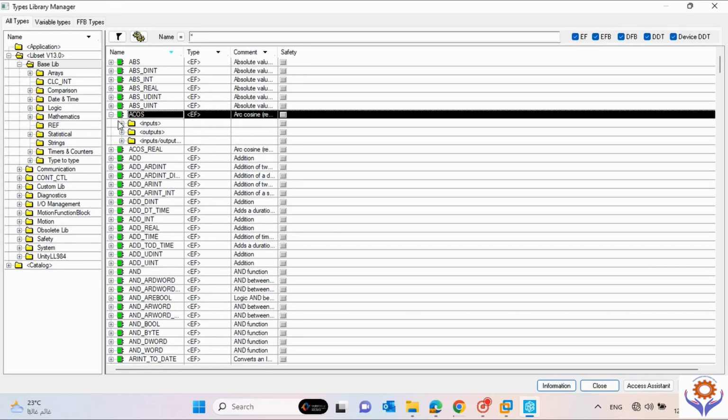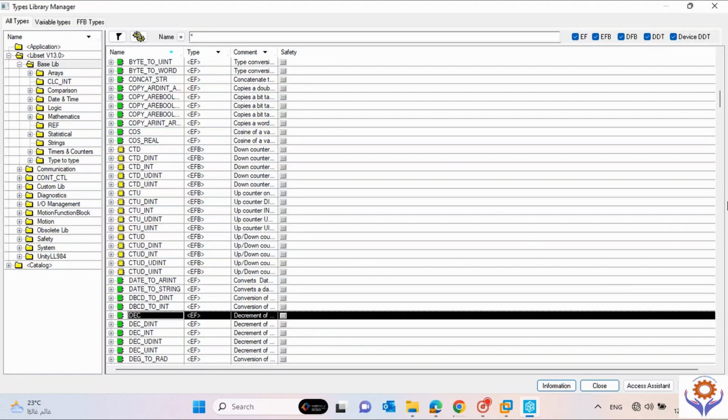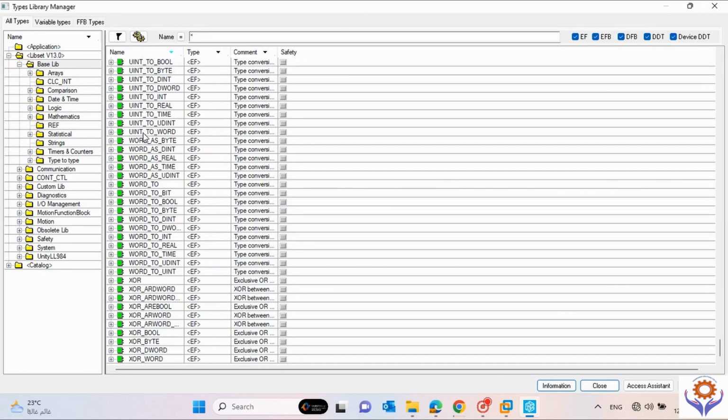See, if you need to add, you can add this add function: add byte, add boolean, add integer, add real, everything. And even you can make add function, and you can see all the functions here: byte, counter up, counter down, date, decrease. You can find all the functions here: timer, counters, word to integer, integer to bit, or anything you are going to add in the function, because they have a basic library. From here you can find all. You can see here separately also arrays,